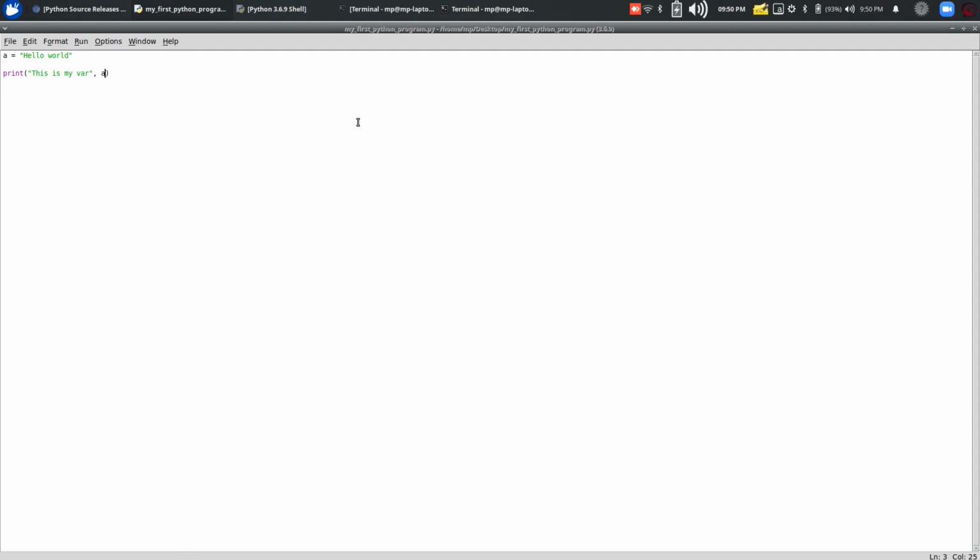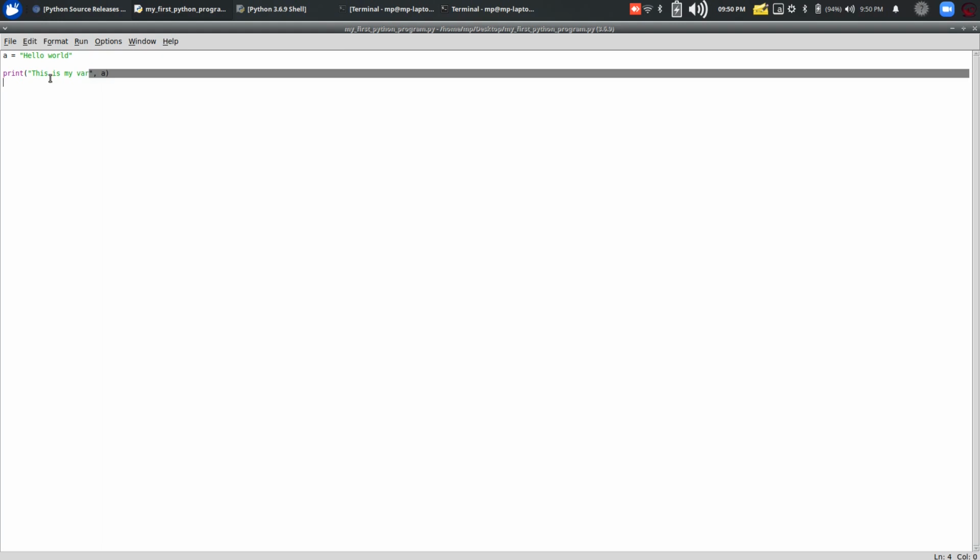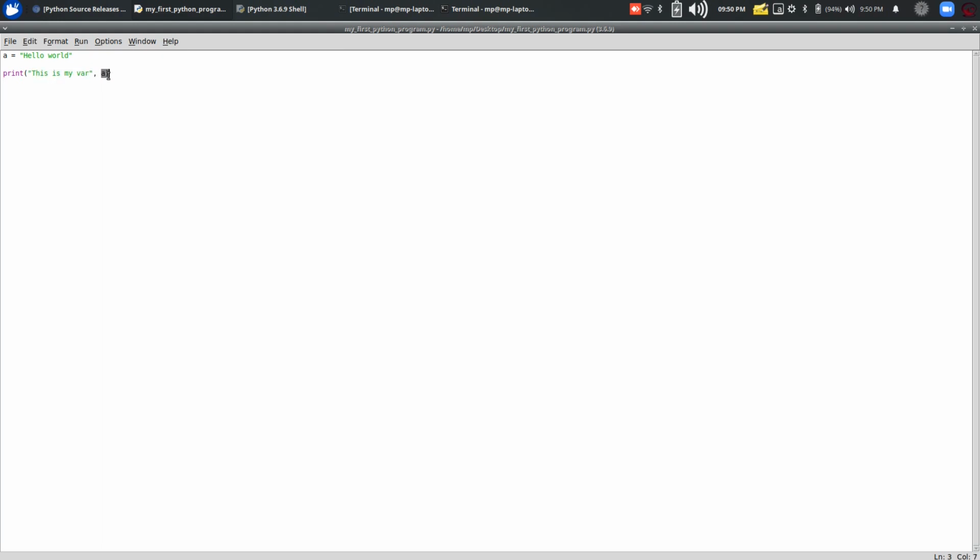Those who are familiar with programming will understand, we are just keeping the hello world string in that particular variable, which is a, and we are printing that a. So this will give us a message plus this hello world.